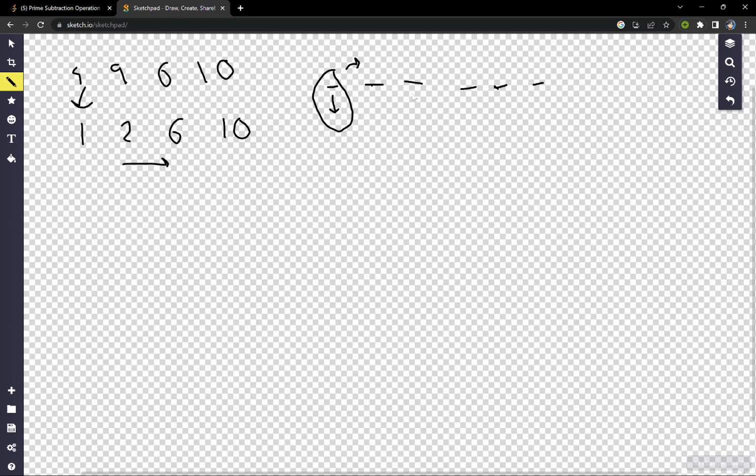Now what we will do is find a prime number which is strictly less than v[i] minus v[i-1].